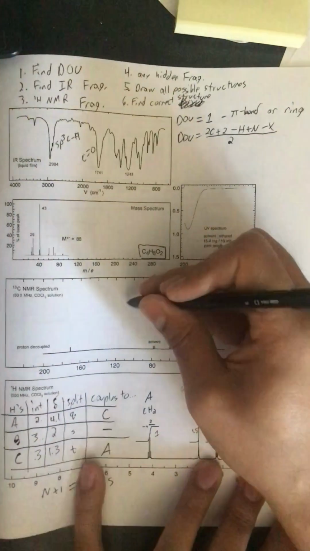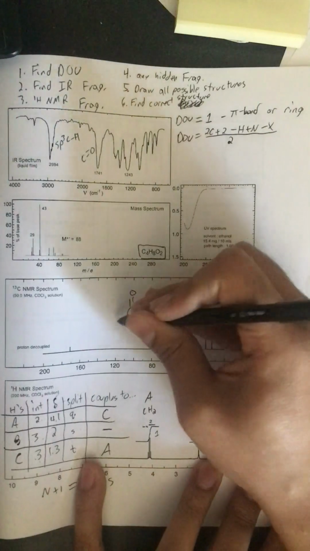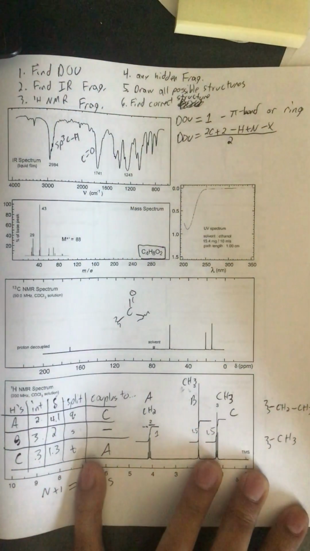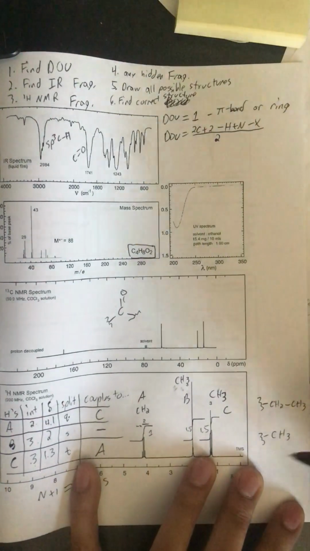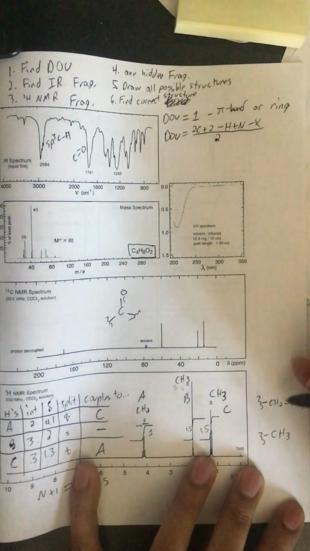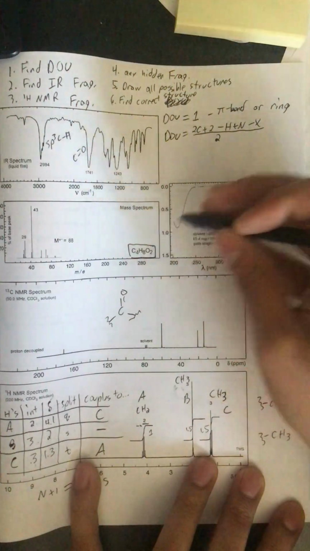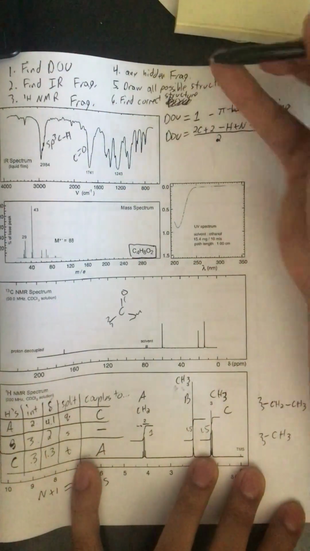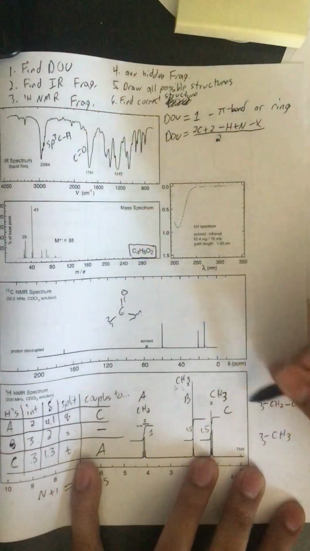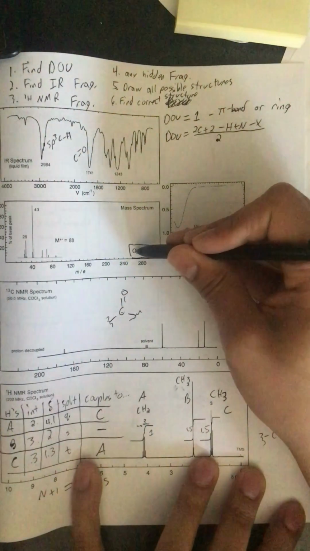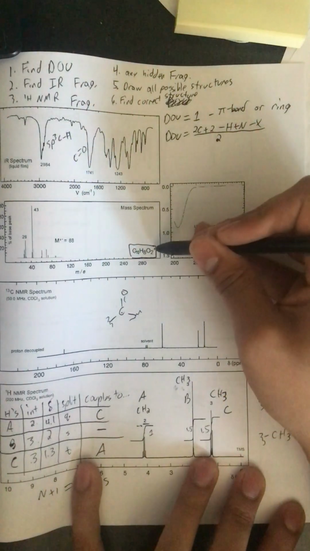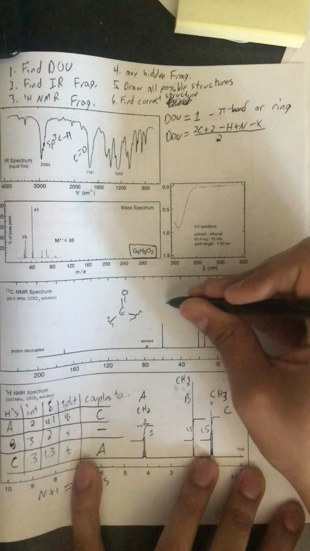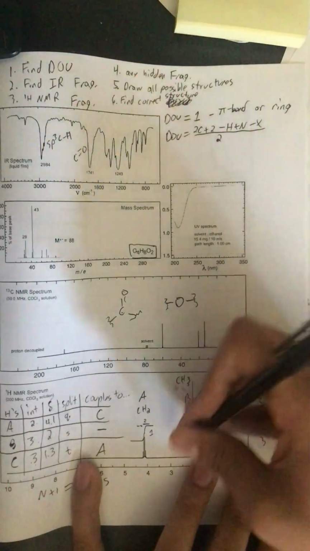Just for space, I'm going to put my carbonyl I got out of the IR right here. Oh, I guess you can still see it there. When I was teaching discussion, the document camera wasn't as high up. And then I'm going to count my atoms. So that's step 3. Step 4 is any hidden fragments. The way I check for that is I'm going to count my atoms: 1, 2, 3, 4 carbons against my molecular formula. 1 oxygen and 8 hydrogens. So there's 1 extra oxygen here, and this is my hidden fragment that I don't see in the proton NMR